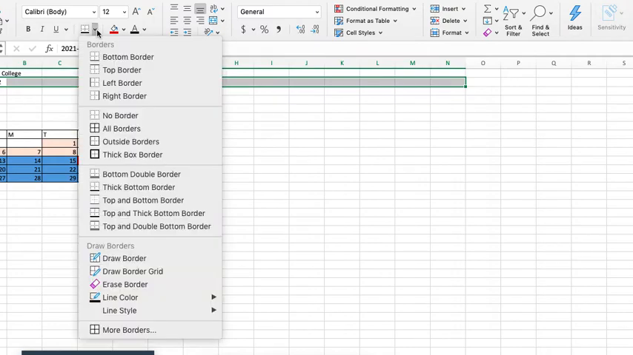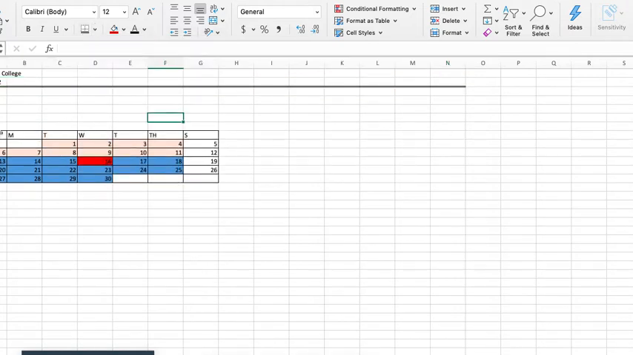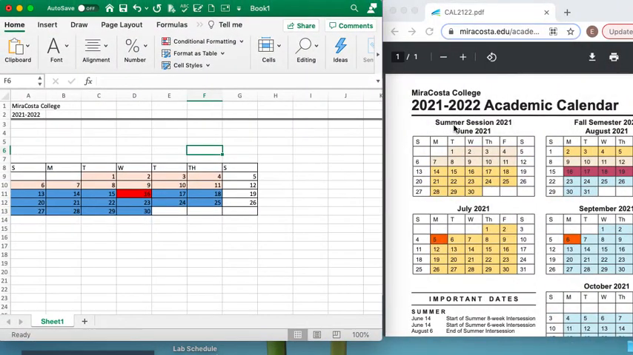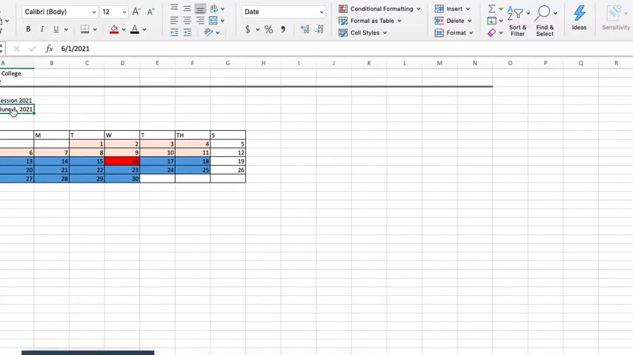So you open the menu, or you can select bottom double border. Now, if you want, look what I'm going to do now. I need to type somewhere here, I need to type summer session 2021. And I'm going to type June 2021. Okay, in this case, I only need June